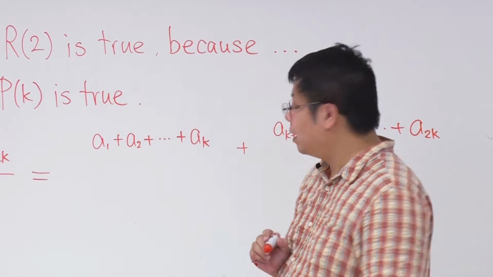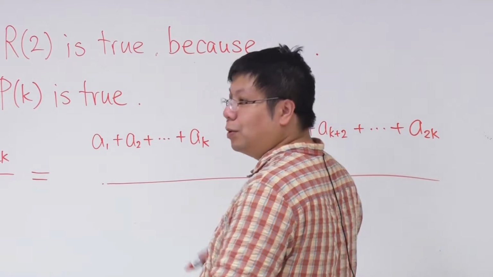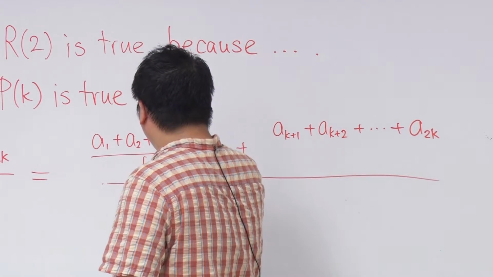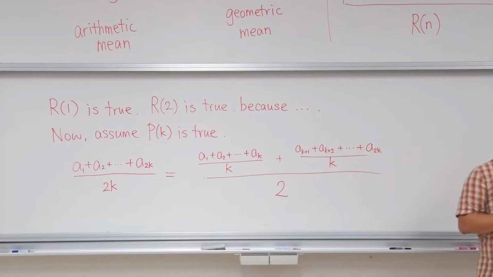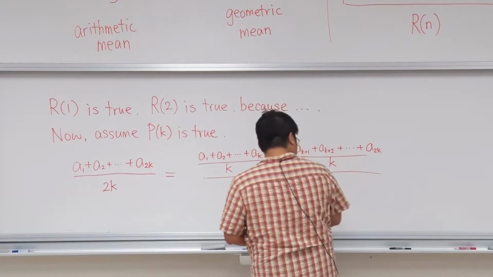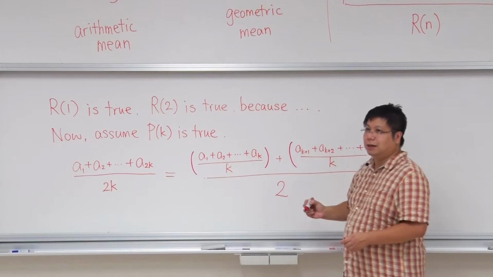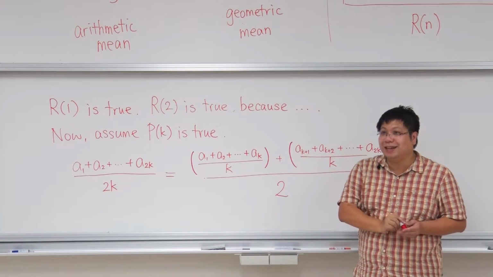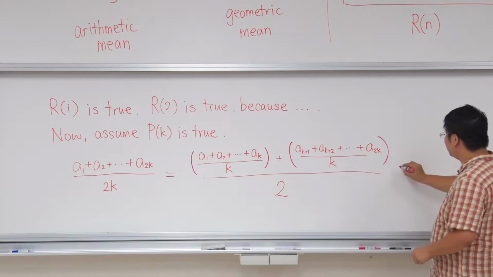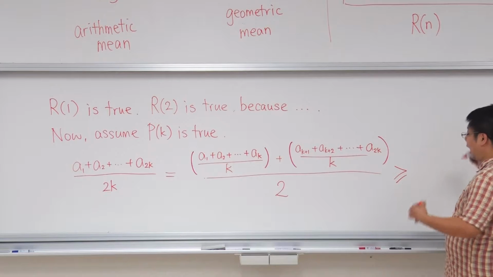Is that okay? And then we want to divide it by 2k, right? Divided by 2k. So what I'm going to do is divide this by k, and divide this by k, so that we have a division by 2 here. This is my intention: I want to look at this as 2 numbers. This is one number, this is the other number, and this will be the average of these 2 numbers. Is that okay? So this will be greater than or equal to R2 by R2. This will be greater than or equal to the